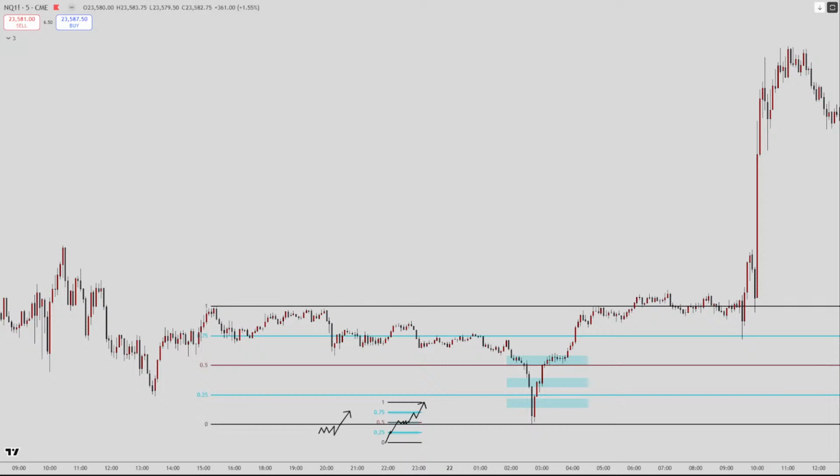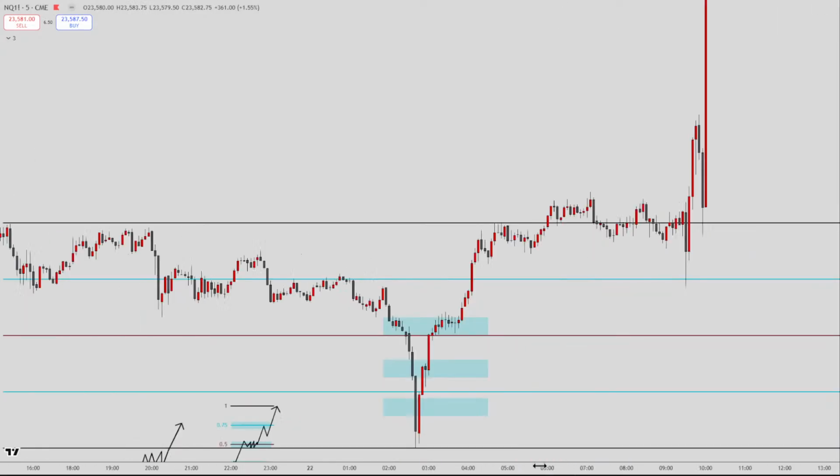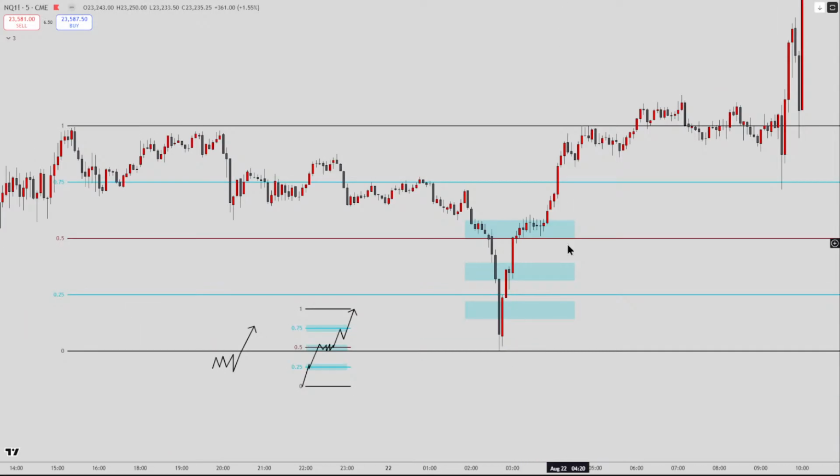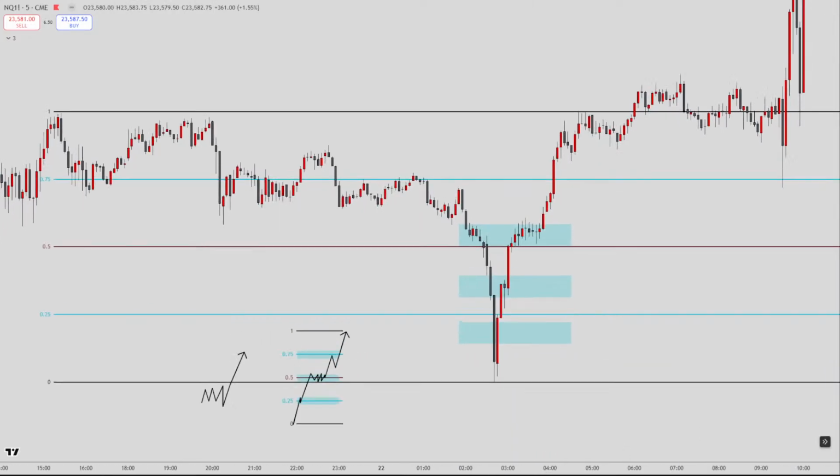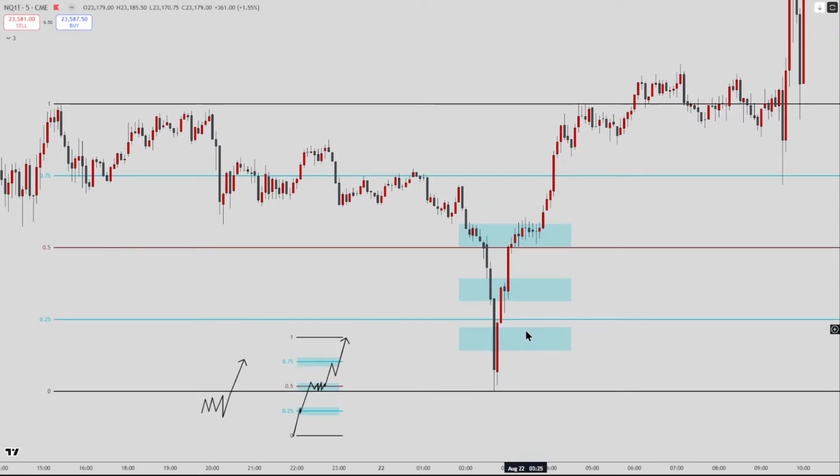And then again, we're looking at anything past the point of origin of the price move. Point of origin being here. Why not anything to the left of that? Because we don't have the implied dealing range, or the implied range, sorry, until we get to the point of origin where the impulse price swing begins. Then if I get rid of this,